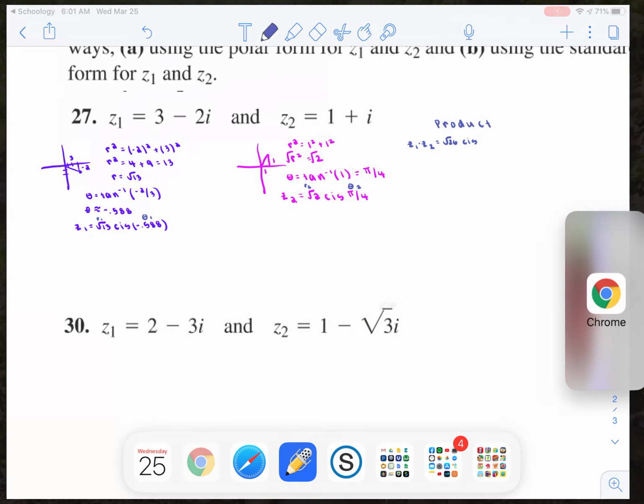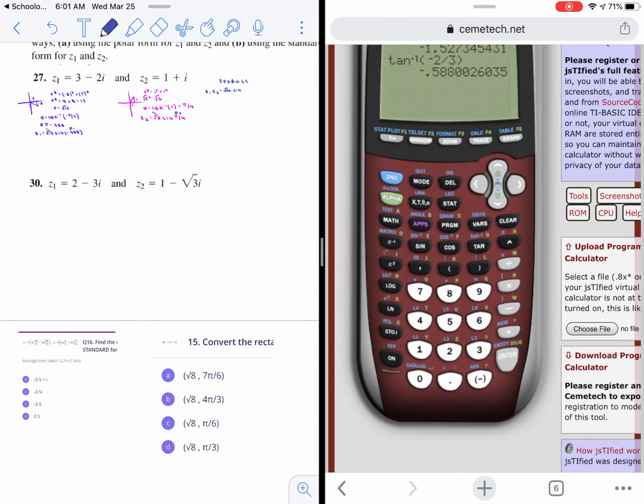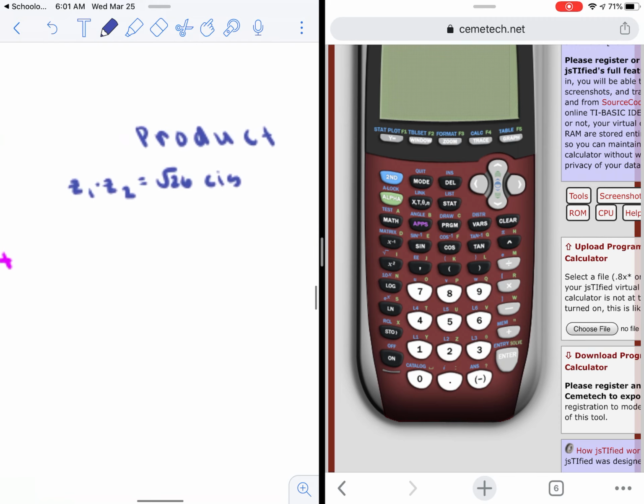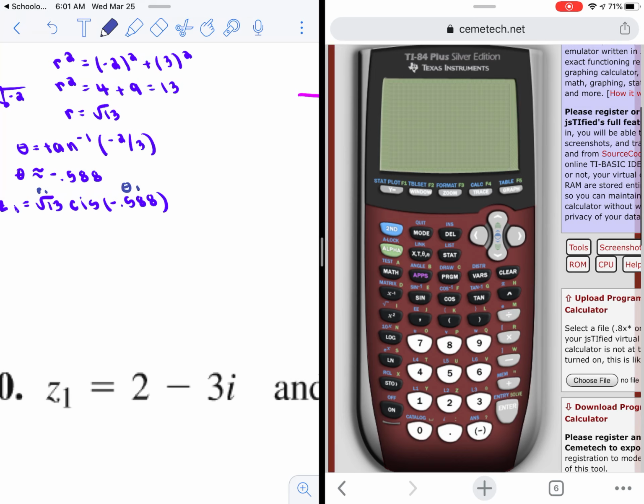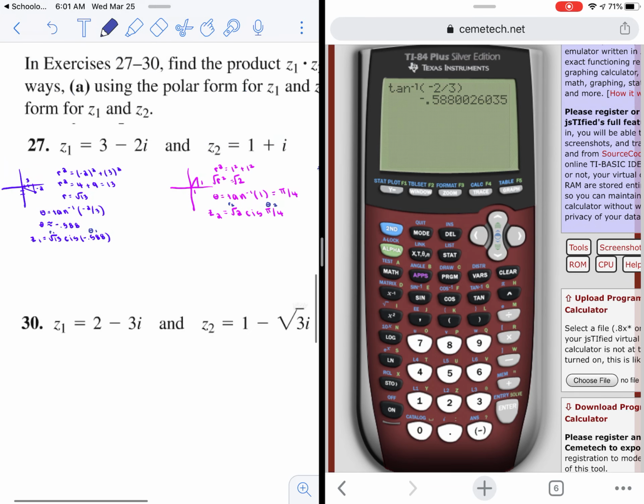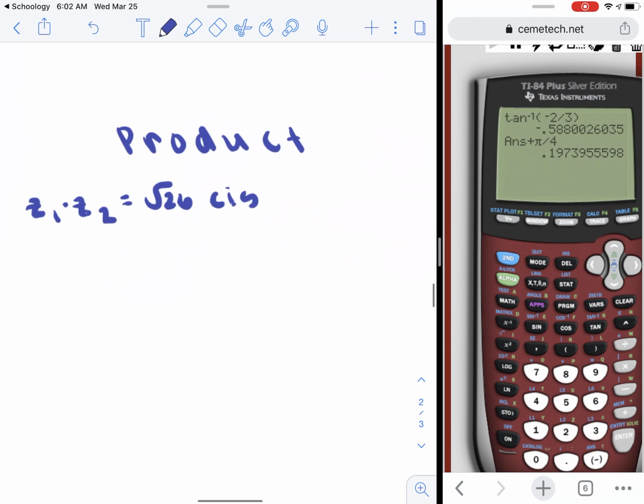So if I open up my calculator, what I can do then is take these two angles and add them. So actually, I think the last answer I had in here was the tangent inverse. I'd found this before I started recording, and I want to add to this pi over 4. So second, pi divided by 4. And I'm going to get this answer